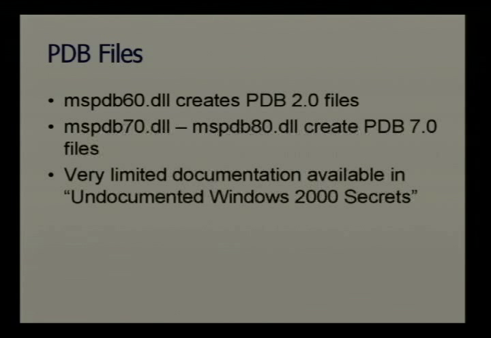So there have been a couple different versions of PDB files. Visual Studio 6.0 came with PDB 2.0. And then when Visual Studio.NET came out, they needed to add support for .NET and for all different kinds of types that weren't around before that. So at that point, they decided to create a new standard, which was PDB 7.0, so it would match the DLL version. So everything from Visual Studio.NET to 2003 and 2005 all use this PDB 7.0 file